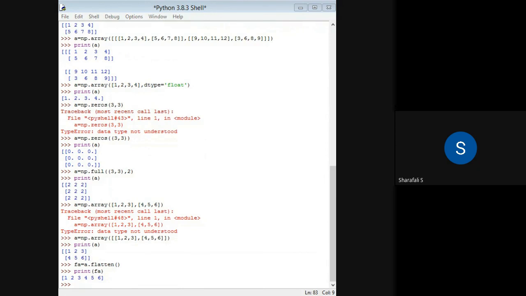So these are all the methods for creation of an array. The simplest one is using the array function, and you can also consider other functions for the creation of arrays. Now we'll check what array indexing is, and how we can access different elements in a particular array. If you consider a one-dimensional array like fa, how can we access its elements?